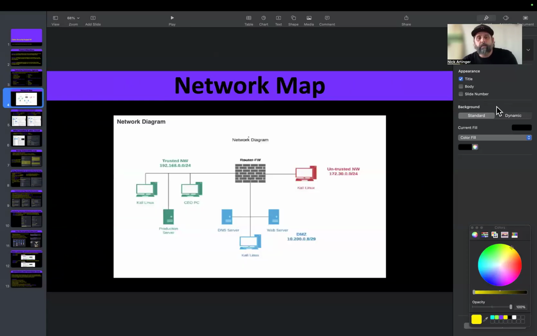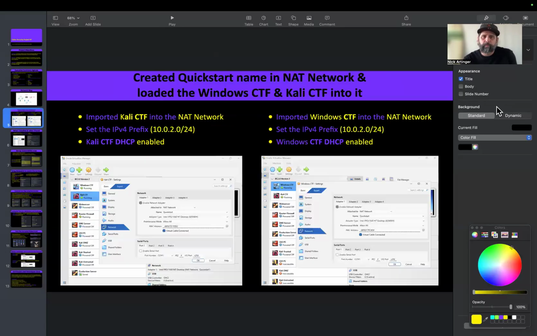Here we have a diagram of the network map with the trusted network, the untrusted network, and the DMZ, Kali Linux, the CEO PC, web server, DNS server. And then one of the first things I had to do was create a quick start name in the network. And I loaded that into the Windows CTF and the Kali CTF. So what I did is I made a quick start name in the NAT network and set the IP address to the